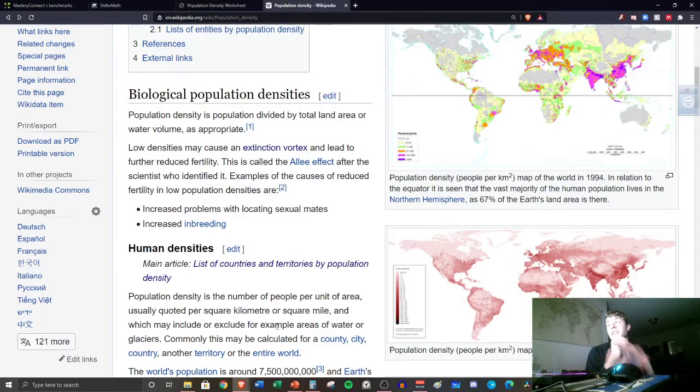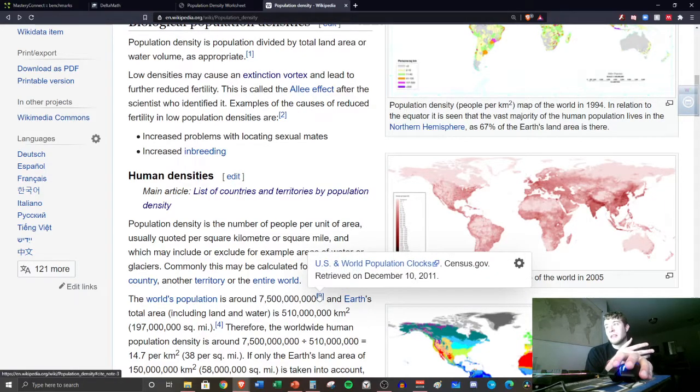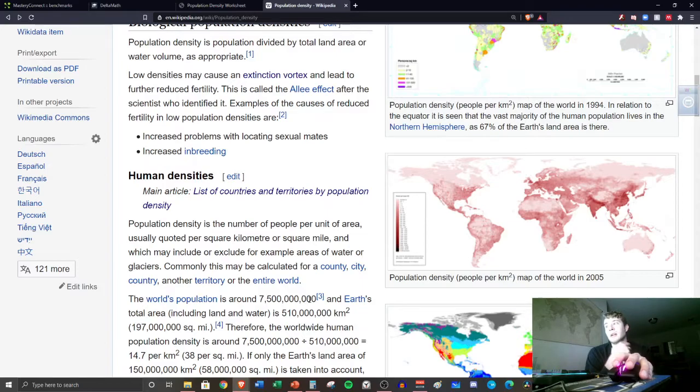And low density, so this right here talks about the same definition: population divided by total land area, water volume as appropriate. Low densities may cause what's called an extinction vortex. So that's an interesting biological term, and lead to further reduced fertility. Okay, so examples of the causes of reduced fertility in low populations. If there's low populations, there's increased problems with finding mates, and then that also leads to more inbreeding, okay, in animal species. Now this isn't really an issue as far as an extinction vortex for humans, because this is from 2011. There's 7.5 billion people in the world,